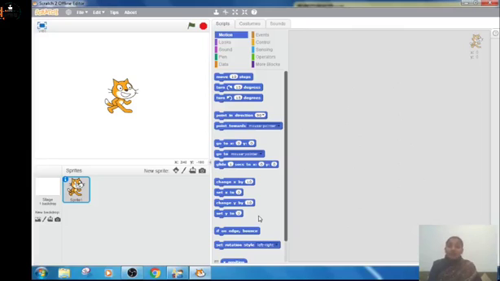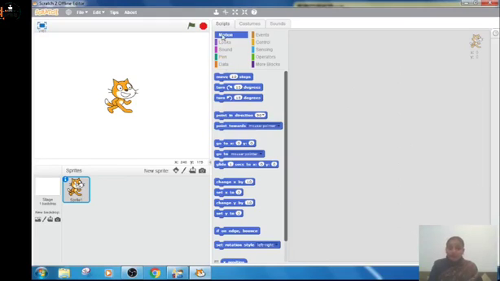We will use the looks block, using the forever block, okay? I will tell you the function of all the blocks, and also we will create a script using all the blocks, okay? We will also add sound to our project, okay? So first of all, let's make a script for repeating actions using the repeat and forever blocks. I will tell you the function of every block, okay?